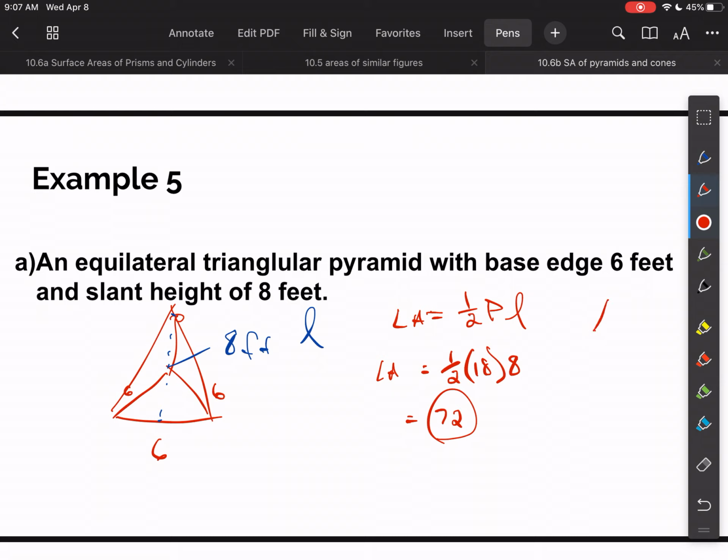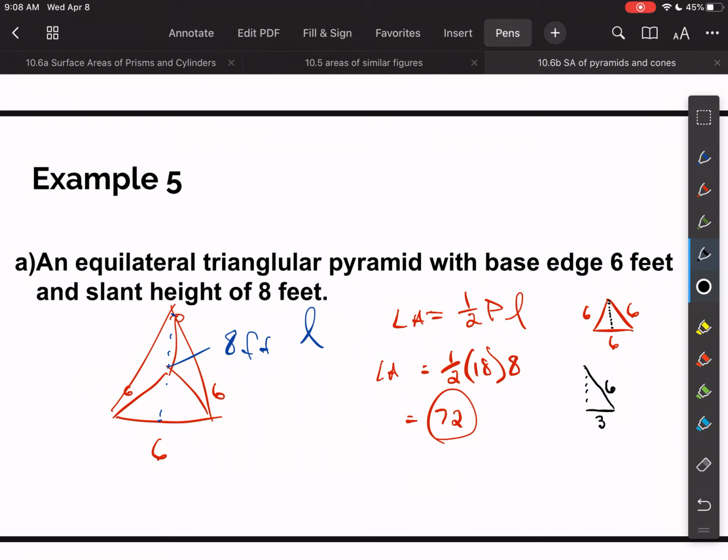So I have this equilateral triangle with 6 here, 6 here, 6 here. This is my base. So I need to find the area of this thing. In order to do that, I need the height, the altitude, which is not given. But since this is an equilateral triangle, I can cut this into a right triangle and use the Pythagorean theorem. If I do that, okay, so I'm looking at half that triangle, this becomes a 3, this still remains 6,